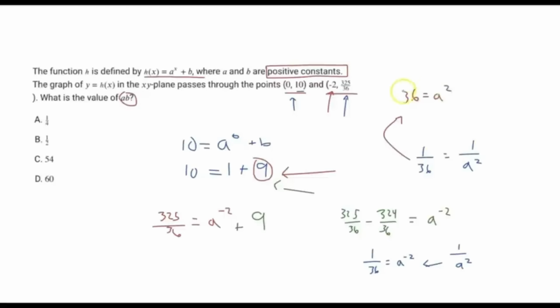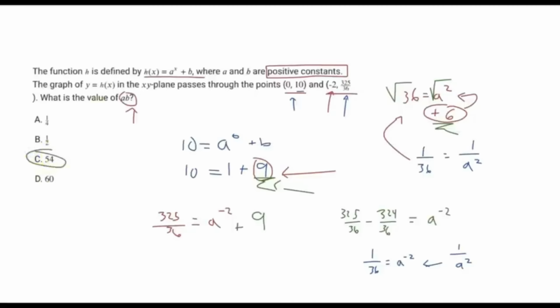So now what we can do is just solve for a by taking the square root of both sides. And on the SAT, when you manually take the square root of something, you are taking the principal square root, and therefore you only want the positive solution. And so instead of negative 6 and 6, it's just going to be positive 6 as our final answer. So positive 6 here is our answer for a, but the question is asking for the product of a and b. So we know here that b is a value of positive 9, and a is a value of positive 6. So 9 times 6 is going to give us a value of 54,